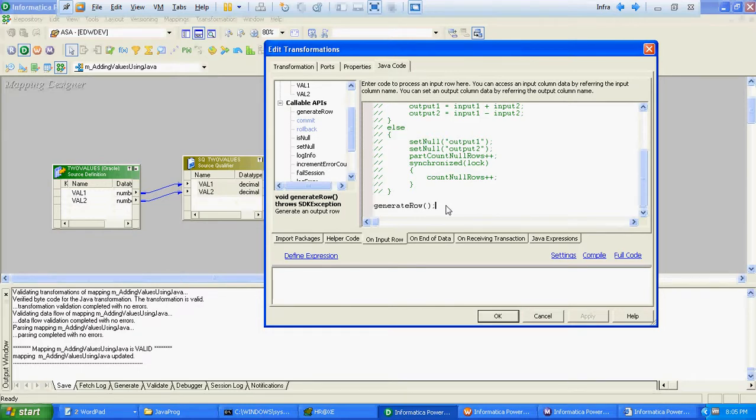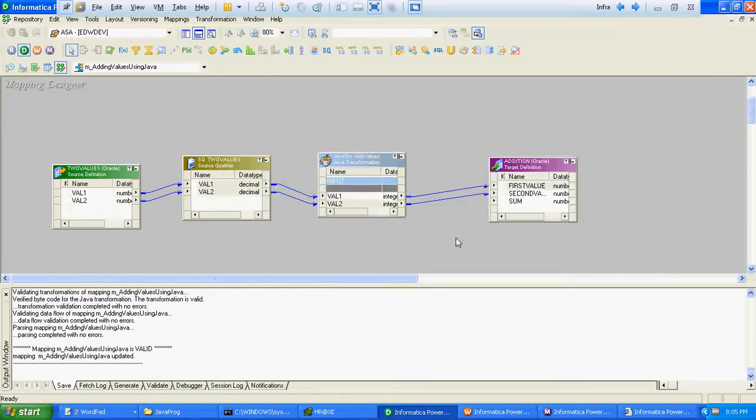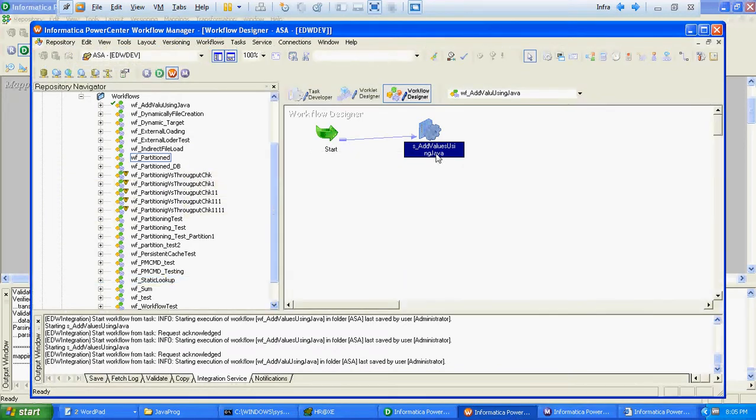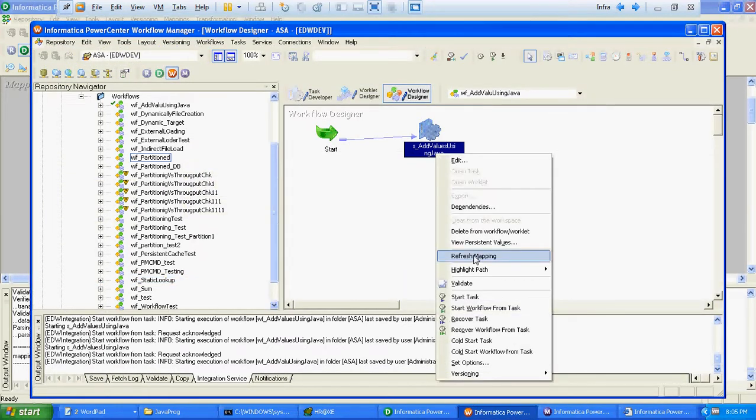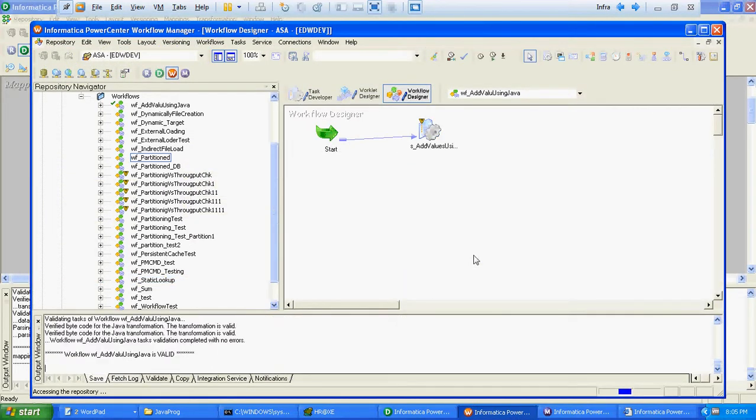So unless and until you call this generate row method, there will not be any row inserted at target level. We have called this method at Java transformation now, and we will now validate whether it's inserting the record at target level or not.